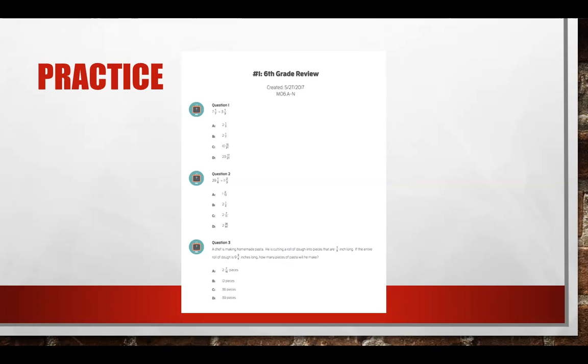Now I'm looking to simplify it. 210 goes into 552 2 whole times. But what's left over? Well, if 210 goes into 552 two times,